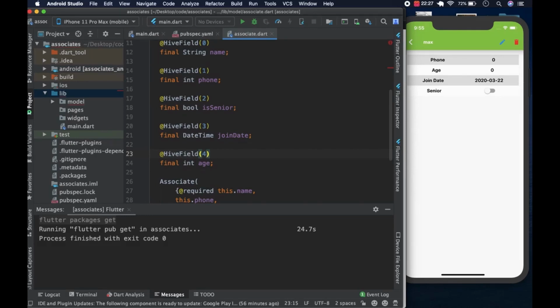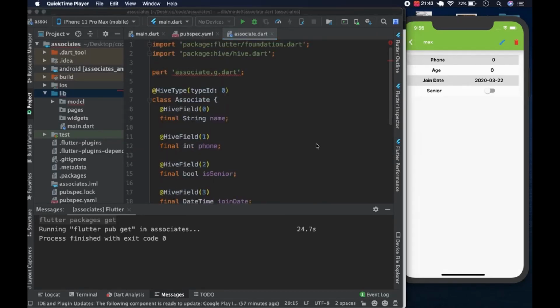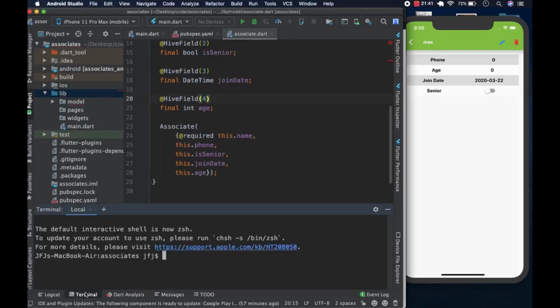And now we have to run the build runner so that we can create the auto-generated file, this one, associate.g.dart. So now we go to the terminal here and we run flutter packages pub run build_runner build, like this,